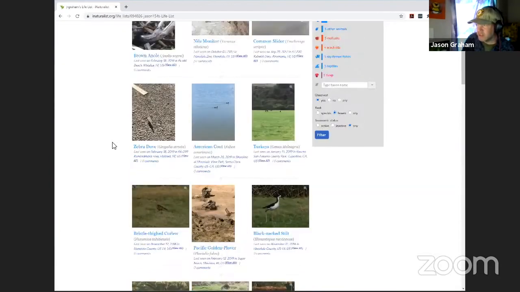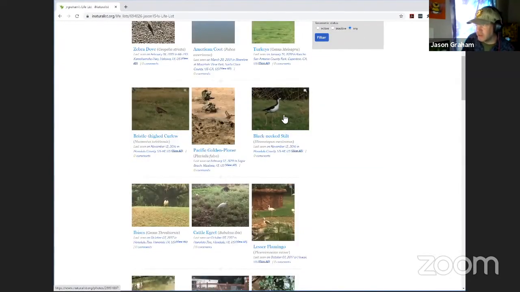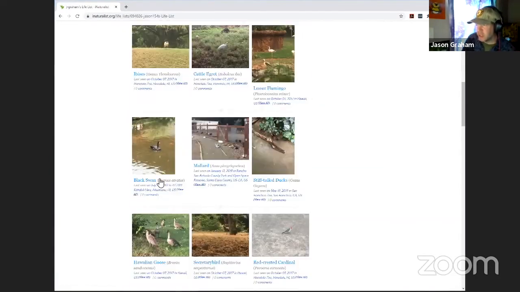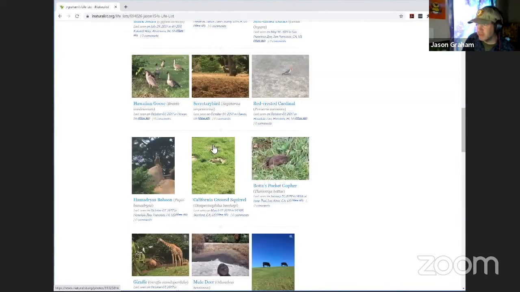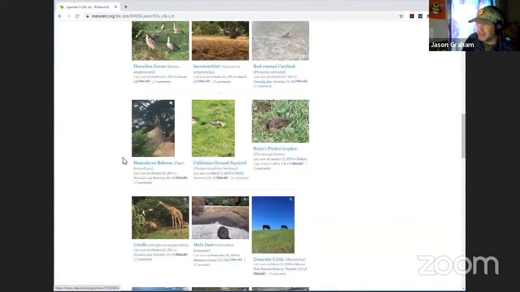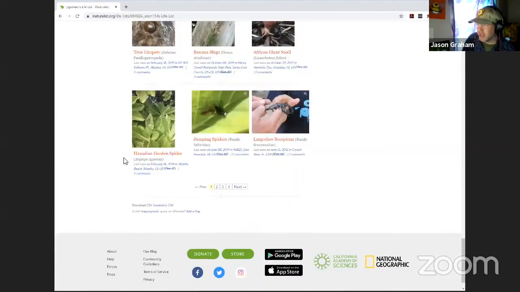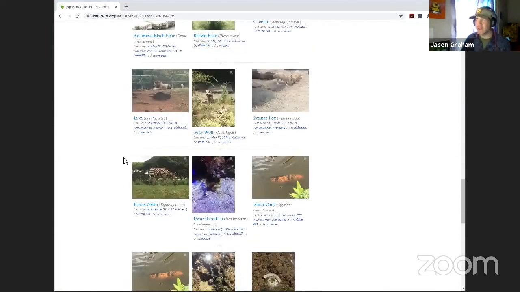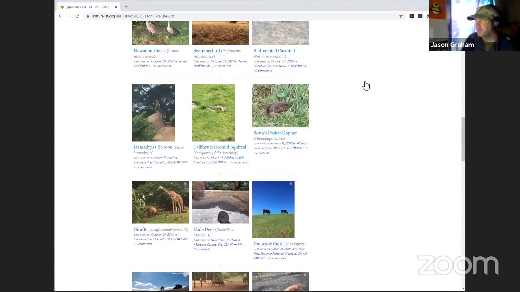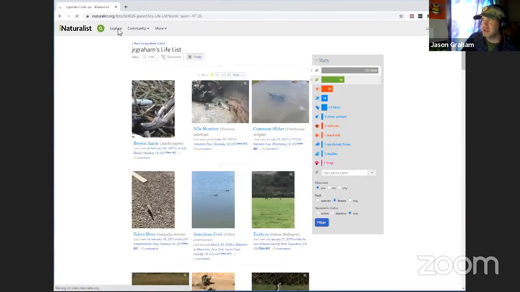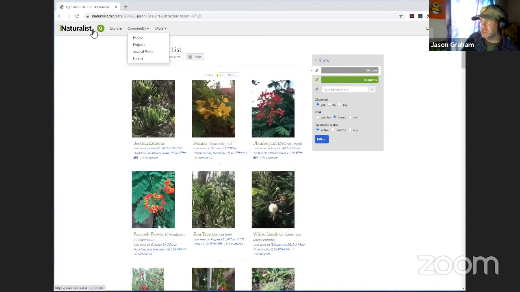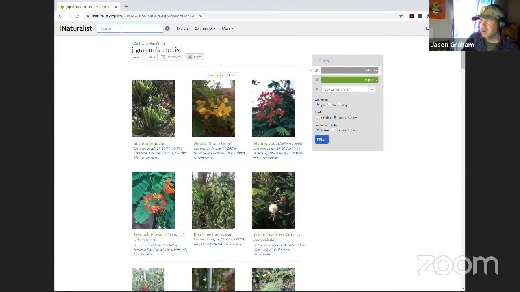Some of these are stilts, some birds. You can see some out in the zoo. Kind of fun to do. So you just get different observations of animals. And when you get enough observations, then it helps the research in different ways. And also we could go to iNaturalist to look for a particular